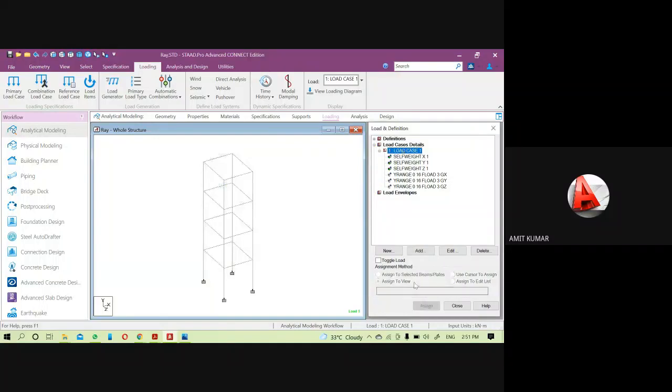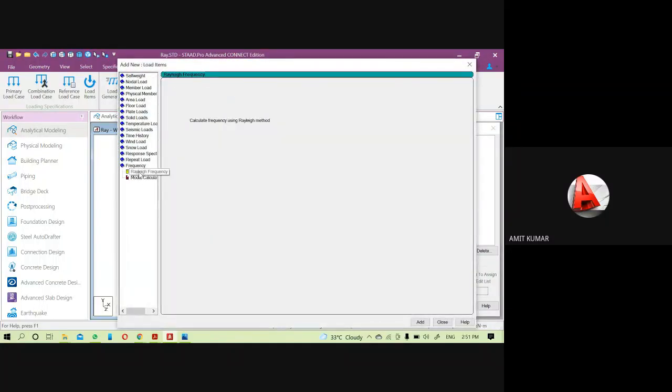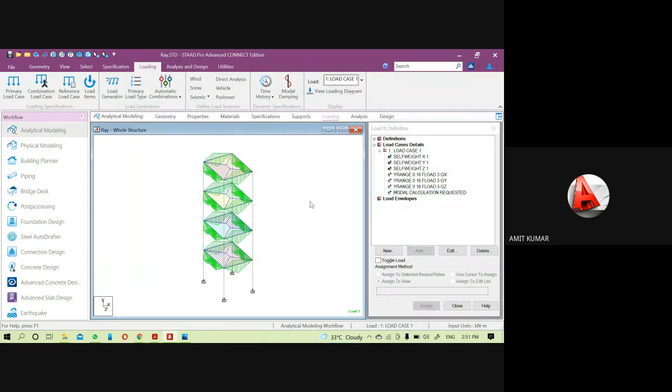Now the next thing will be to add the mode shape calculation command through the frequency. So here you will see the mode calculation, and click on add. Now to see the mode shapes, by default the software will add 6 mode shapes. But if you want to change the number of mode shapes, basically these mode shapes are the response of the structure at different intervals.